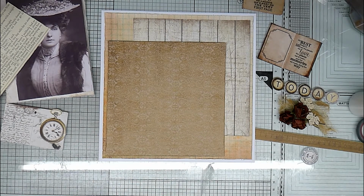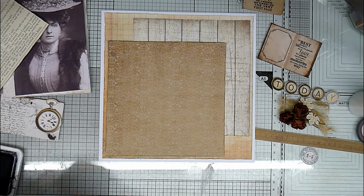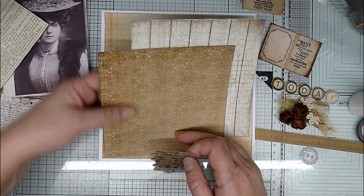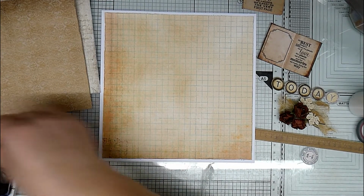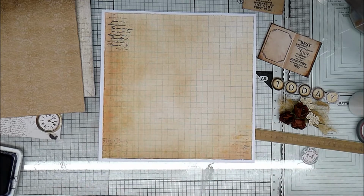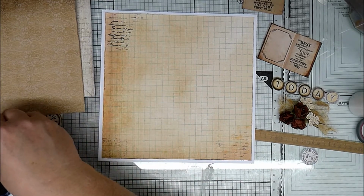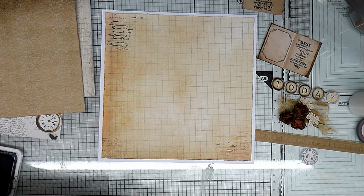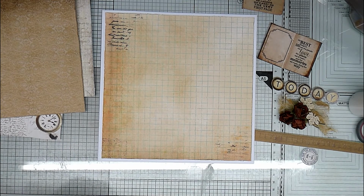And what you can also do is you can stamp, if I find my black ink, onto the background one to add more interest. So this is black archival ink. This is a little indigo blue stamp, and because there'll be an area there and an area there that's blank, I can just pick up a bit of ink and add a bit of interest in those areas. And it doesn't have to be first generation stamping, it can be second generation stamping. There we are. So that just adds a little bit more interest to the corners. We may end up covering them up, but...